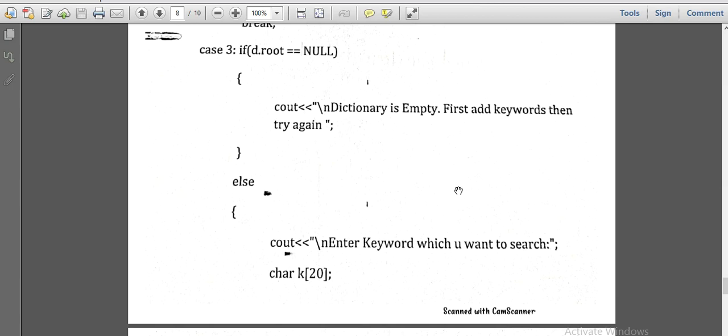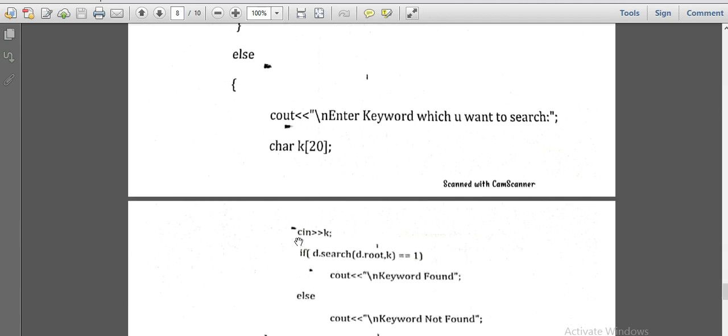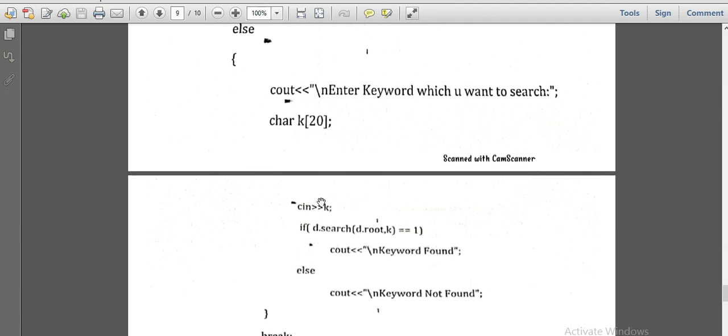If the tree is not empty, there are some elements in the tree, then you have to ask the user which keyword they want to search, and we take that in the keyword array k, which is of character type.